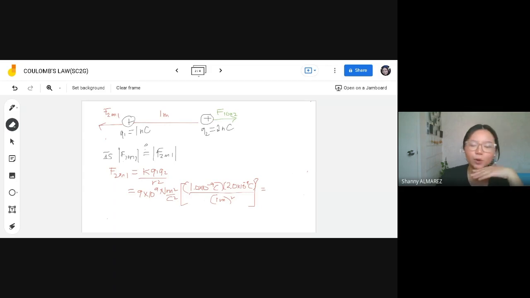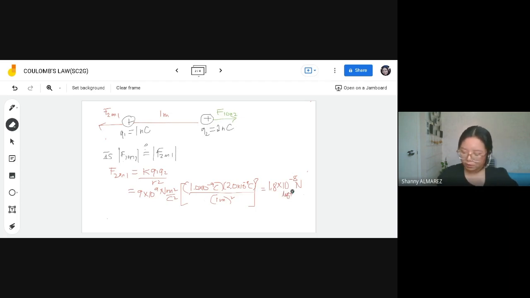The exponent, of course, you are expecting it to be higher than the previous answer because we have multiplied it by 2. So, nung pag-multiply natin ng 2, maapektuhan si coefficient, di ba? So, magiging na siya 1.8 times 10 raised to negative 8. So, this is now in newtons. And if you will refer to the illustration, it is towards the left.